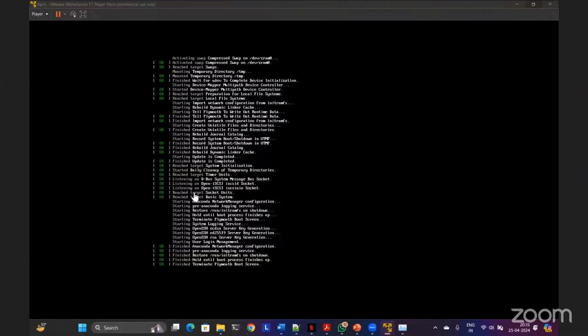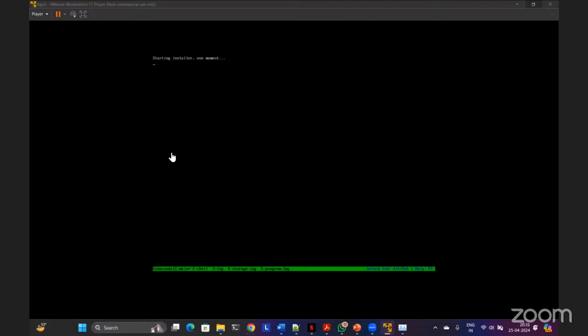So what's happening right now? Right now, some data from the DVD is being loaded into the RAM, and it will start the setup or the installer of Red Hat Enterprise Linux operating system. That setup or the installer has a name and it is called Anaconda, right? As you can see here, Anaconda version 34 is started. So now very soon you're going to get the GUI for the installation. Anaconda is going to present you some options and then you can select it.